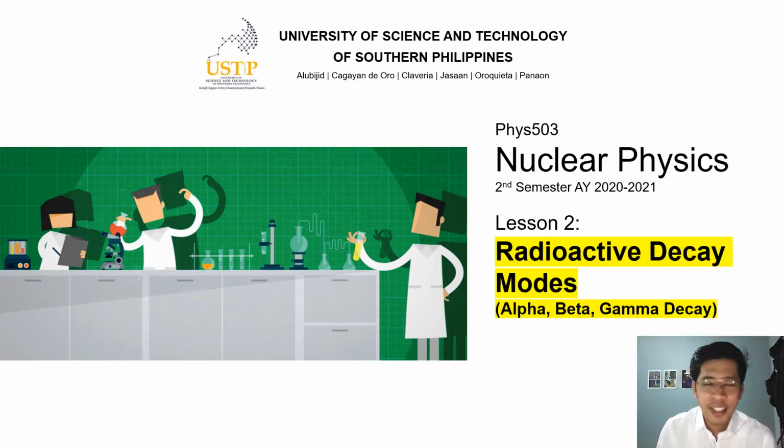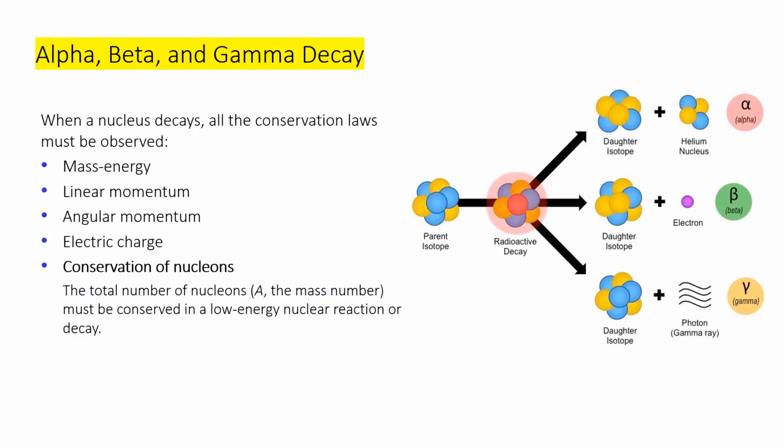Hi, this is Physics 503, Nuclear Physics, and in this lesson we're going to discuss your major decay modes, your alpha, your beta, and your gamma decay. The three common decay modes of the nuclei, your alpha, beta, and gamma, were all observed by the early 20th